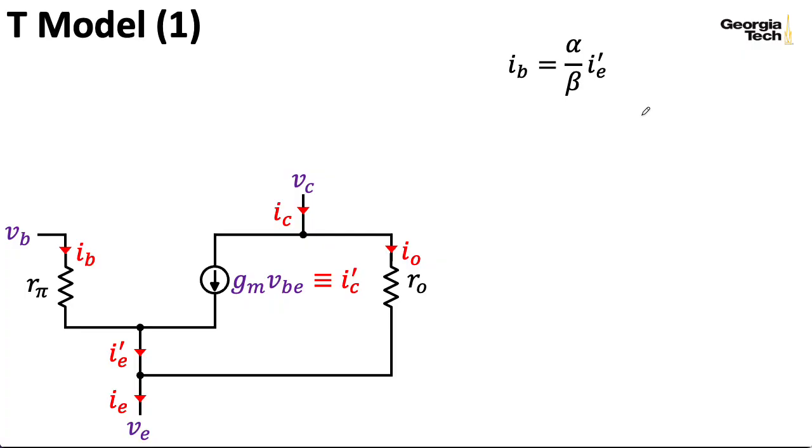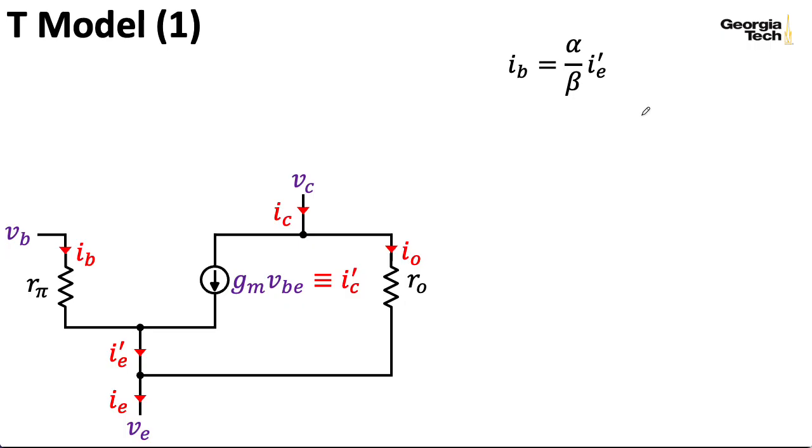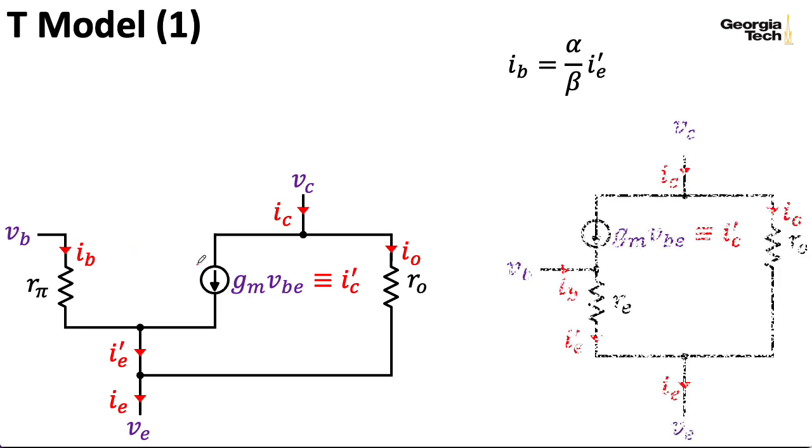And I'll be straight up with you, I find the T model really weird. I have a hard time wrapping my head around it. It's often useful in terms of solving particular circuit problems, but I don't really actually have a good intuition on it. The hybrid pi model drops out directly from the equations that we derived earlier, but the T model feels